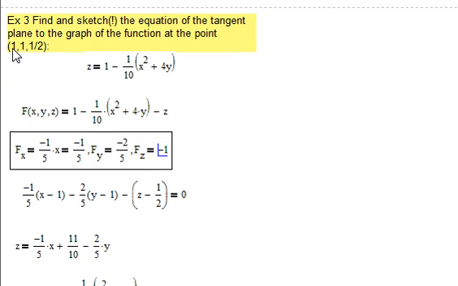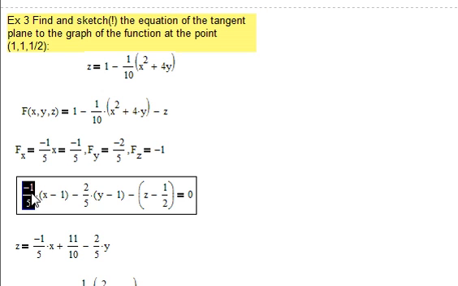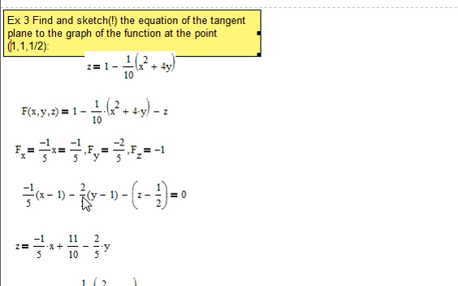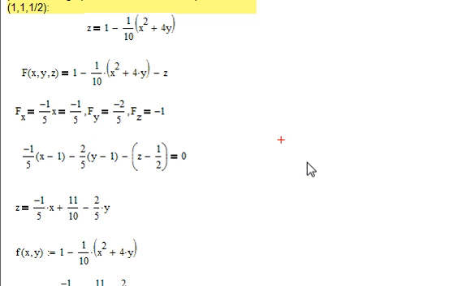And we want to evaluate those partials at the point where x is 1, y is 1, z is a half. So put in 1 for x, we get -1/5 times x minus 1, minus 2/5, the partial with respect to y, times y minus 1, and then minus 1 times z minus a half, this a half right here. And that can be pretty easily simplified. I won't bore you with the details, but